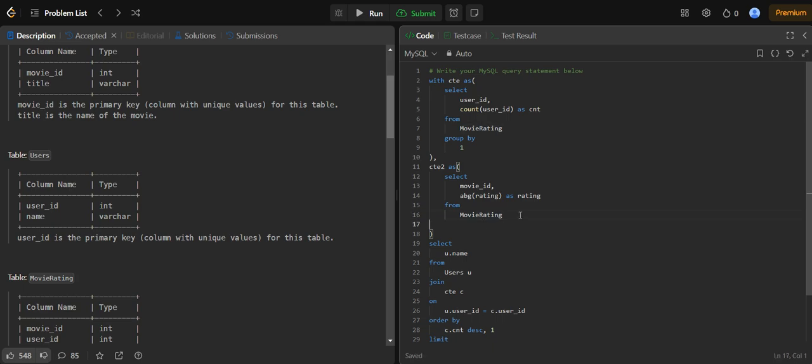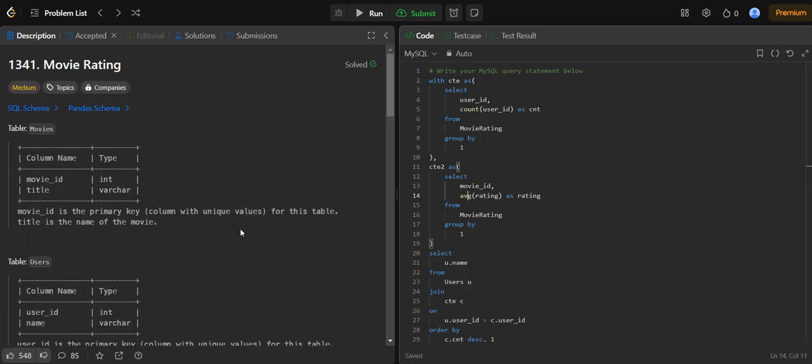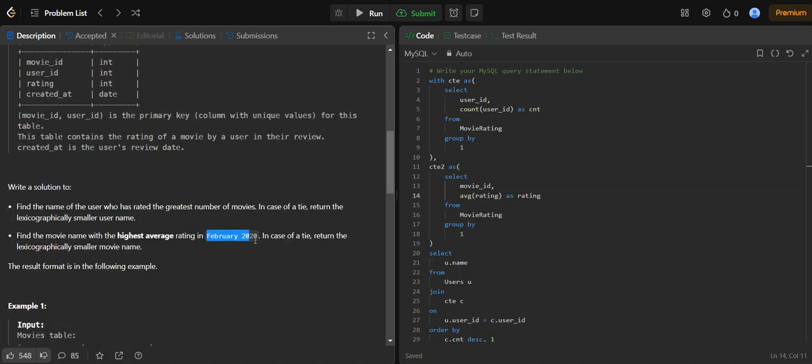I need to do a group by also. So this table will give me what? Movie ID and average of each movie. But I need to do a filter also because the question is filter the data by February 2020. So how to filter this? Using a where clause,